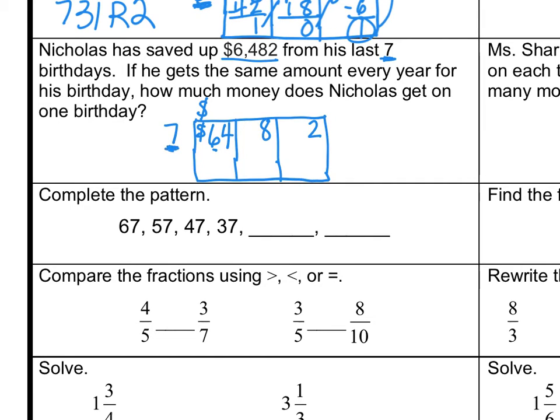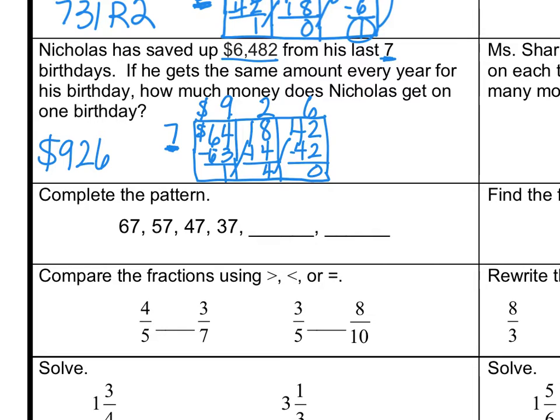Now we're thinking of our multiplication facts, our 7s. So how many groups of 7 could you get out of 64? Well, how about 9? Because 9 times 7 is 63. Subtract, we get a difference of 1. The difference comes up next to the next digit. So how many groups of 7 can we get out of 18? We can get 2 because 2 times 7 is 14. Subtract, we get 4. Bring that up. And look, it's going to come out evenly because 6 and 7 are best friends. 6 times 7 is 42. So the final answer here is